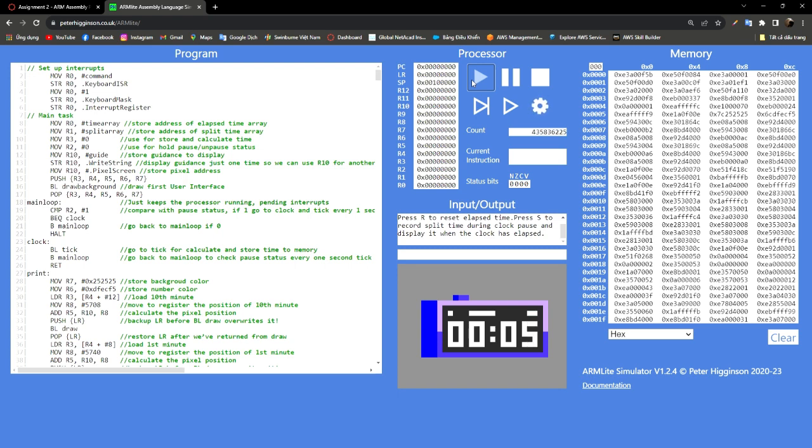I'm going to show you the split function by pressing S on my keyboard. As you can see, when I press S on my keyboard, nothing is going to happen, but it will store the current time into the split time memory. Now I will press the R button to reset the clock and show you something more